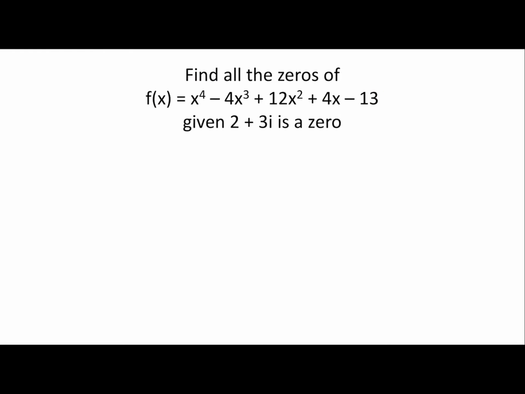To find all the zeros of f of x equals x to the fourth minus 4x cubed plus 12x squared plus 4x minus 13, given that 2 plus 3i is a 0, means that we also have 2 minus 3i as a 0. So one way to approach this is to find the factor of 2 plus 3i, which would be x minus 2 minus 3i, and the factor of 2 minus 3i, which is x minus 2 plus 3i. If I multiply those two out,